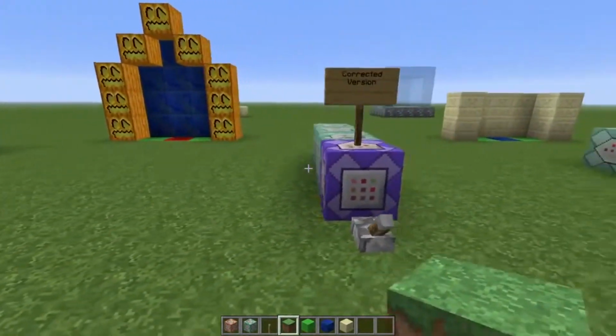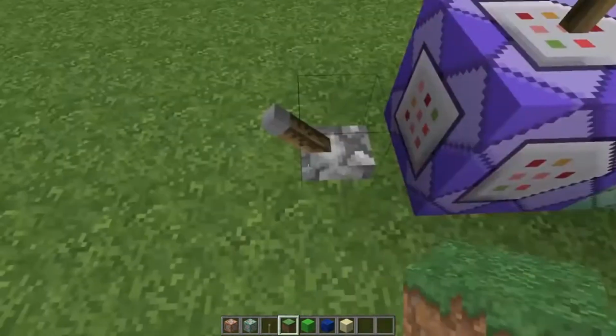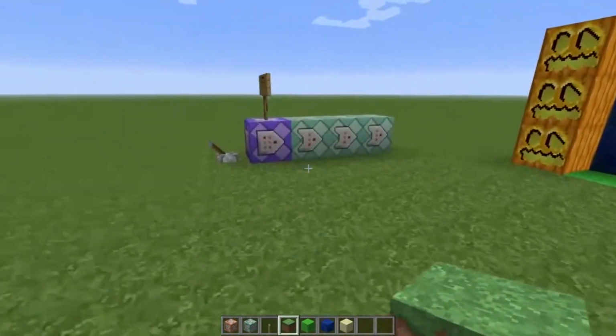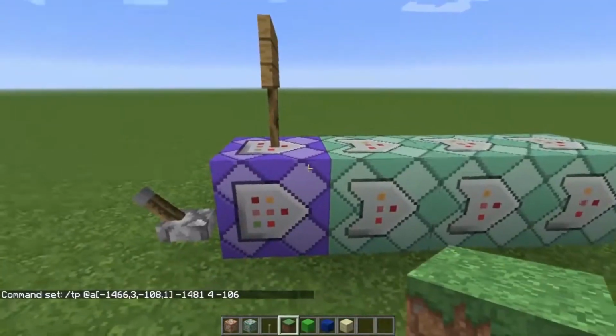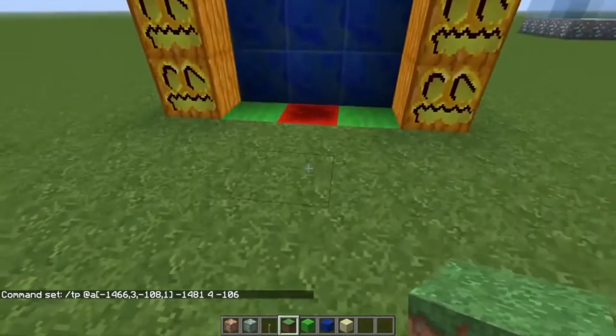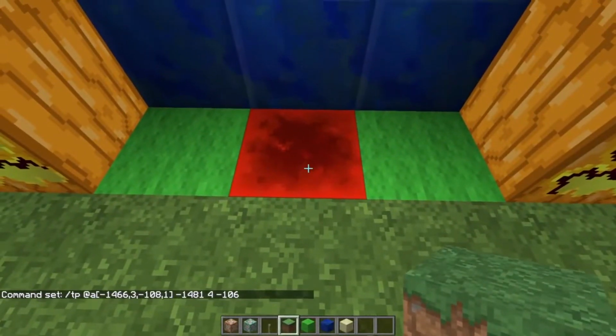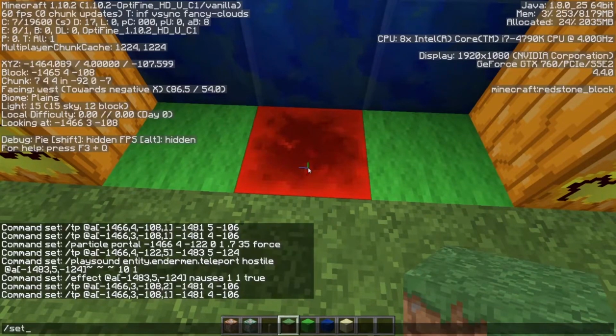Alright, so let's go over here to the corrected version. We showed you how to correct it over there, but here is something else. Look at his coordinates here. I don't know if you see the problem yet. You may be thinking, okay, this is the spot I want to step on when I teleport. So you come over here, you hit F3, you go set block, if I can spell it right,